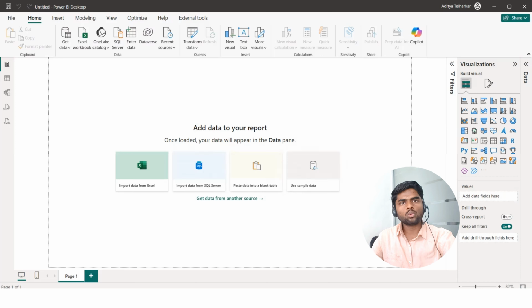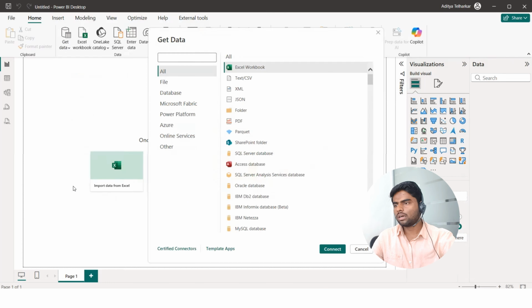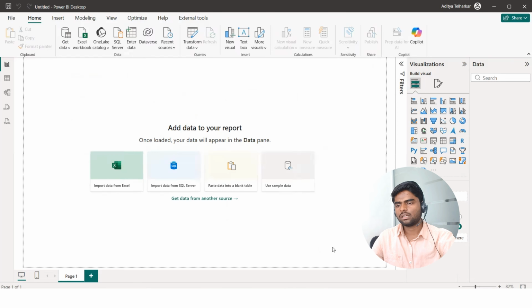In this video, we are going to see how to connect a comma separated file, that is a CSV file, to your Power BI. As I have opened this blank Power BI report, here we are going to see how to connect a CSV file. If I expand this data pane, I have not connected any file to my Power BI report. So if you want to connect a CSV file, select the Get data option, click on More. You will find many data sources. As we are connecting a file, click on File, and here you will be able to see Text/CSV. Select that, click on Connect.